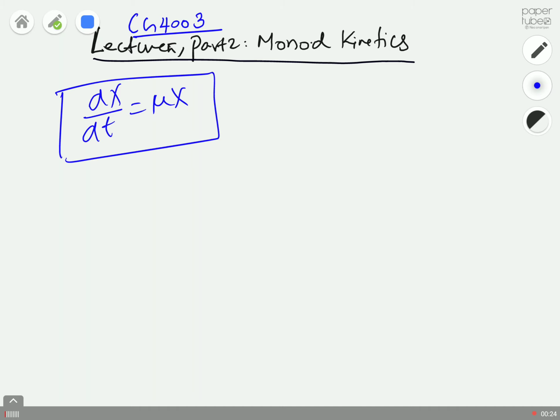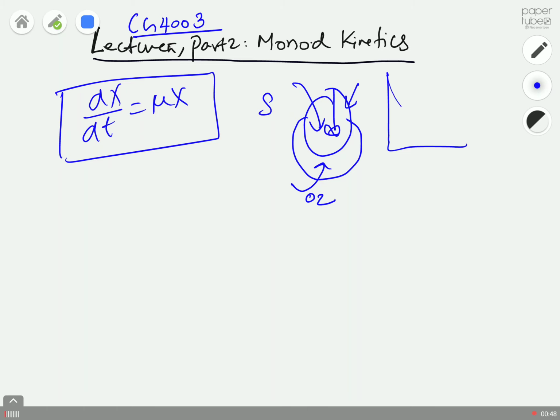All it states is, imagine you take a bioreactor, you add some substrate and give some stirring, you supply some oxygen. Just assume this is an aerobic reaction, and then you add some microorganisms. You all know microorganisms are going to consume your substrate, which means your substrate is going to decrease with respect to time, while your microorganism concentration is going to increase with respect to time. And what we saw is